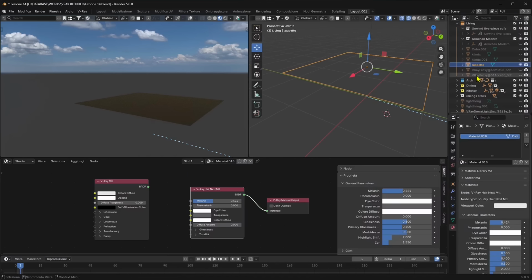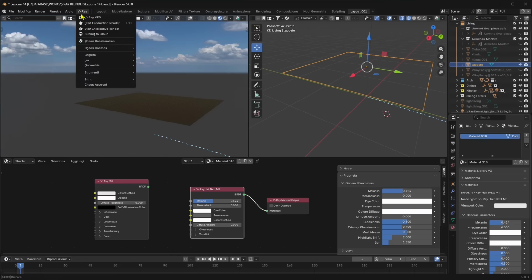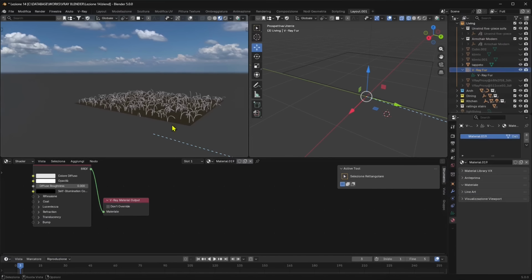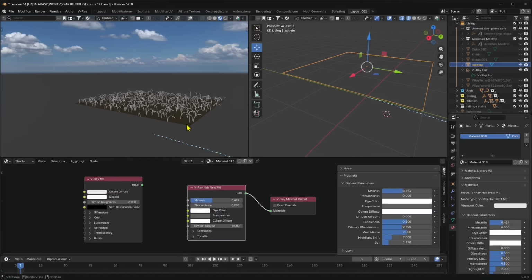I'm gonna start with a carpet. And so just like in any other material, you can work with just the parameters, the values, and the numbers and the basic colors, or you can use textures. But first of all, let's apply a fur. Now you can see that the fur is kind of an extra object, so we need to apply again the material in there. So I'm gonna do the same exact thing right here, or just delete the original material and